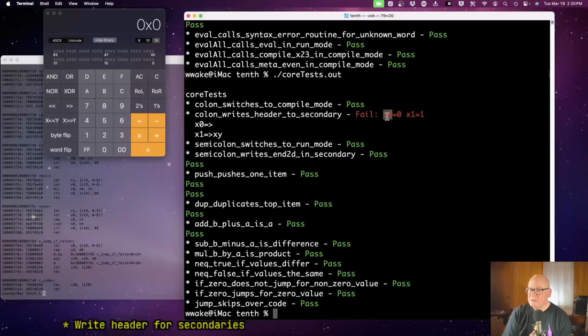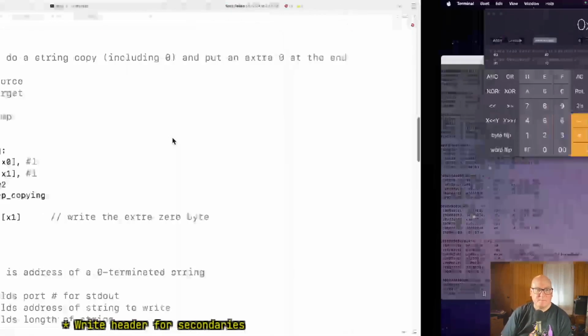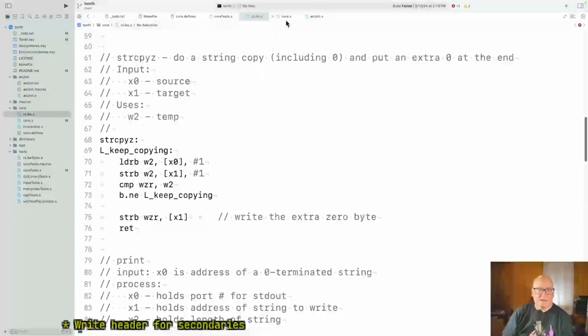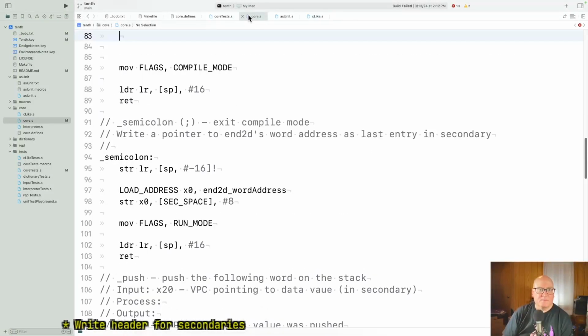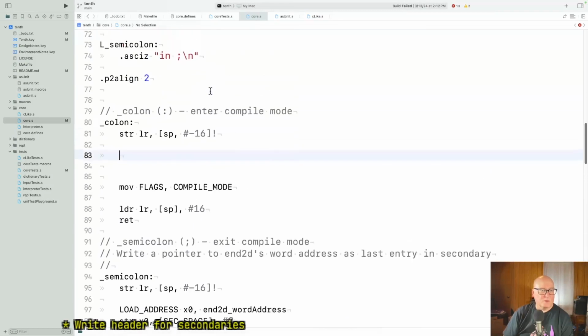The x equals 0. This is whether the strings are equal. We got 0. We expected 1. And the string we got was an empty string, and we expected an xy. Let's see, core. So core, colon, all we do is turn the compiler mode flag on,